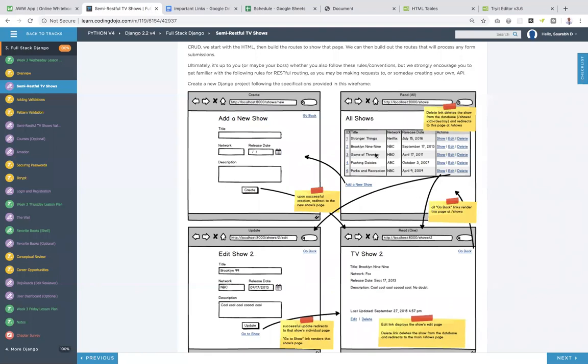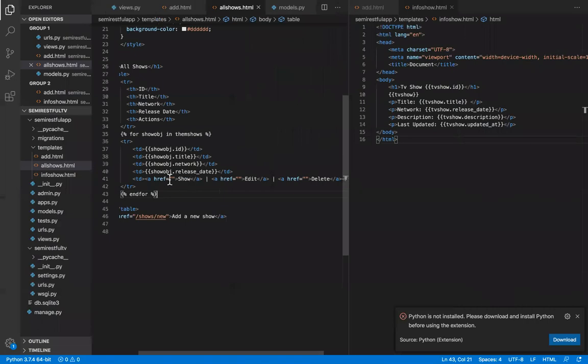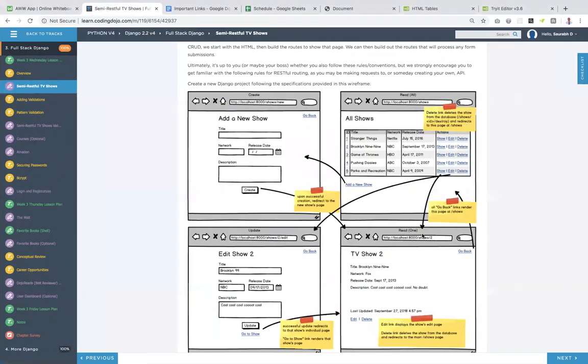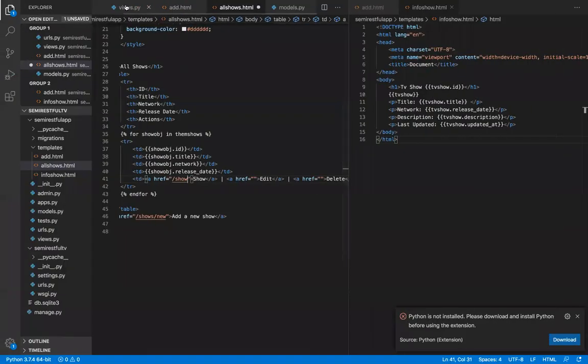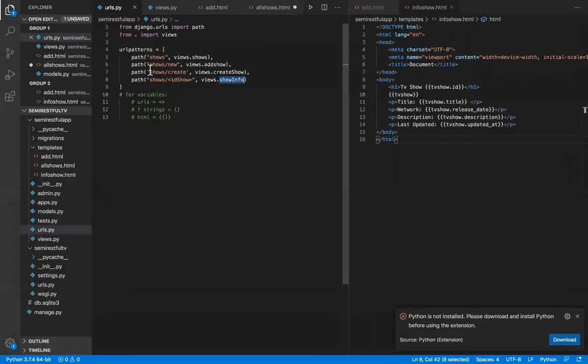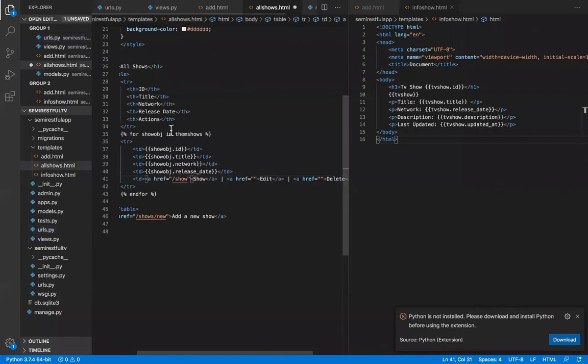If I click on show number 3, it should take me to a route for localhost 8000/shows/3. If I click on show number 2, it should go to localhost 8000/shows/ID of the show. So this should go to /show, right? What's the URL? /shows. Okay. And the URLs that I have is what? /shows/ the ID of the show will take me to show the info, right? So /shows/